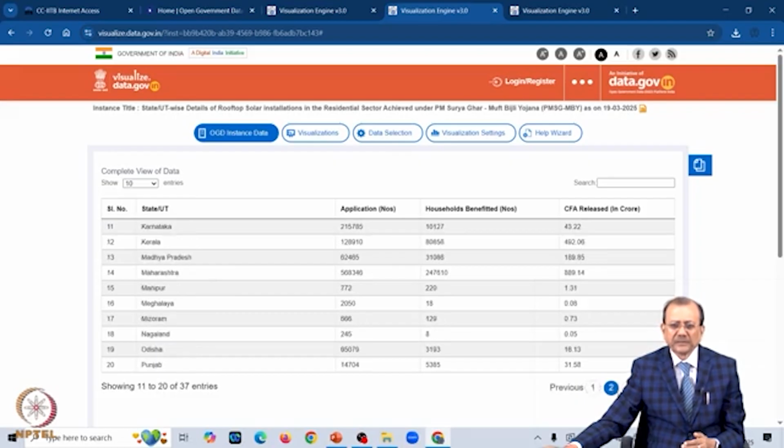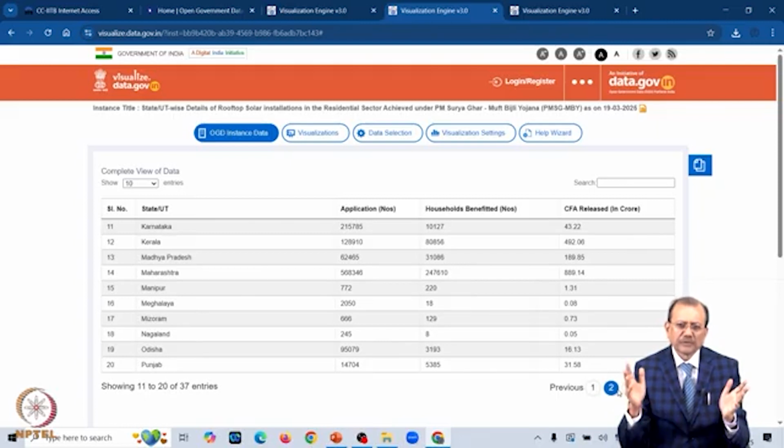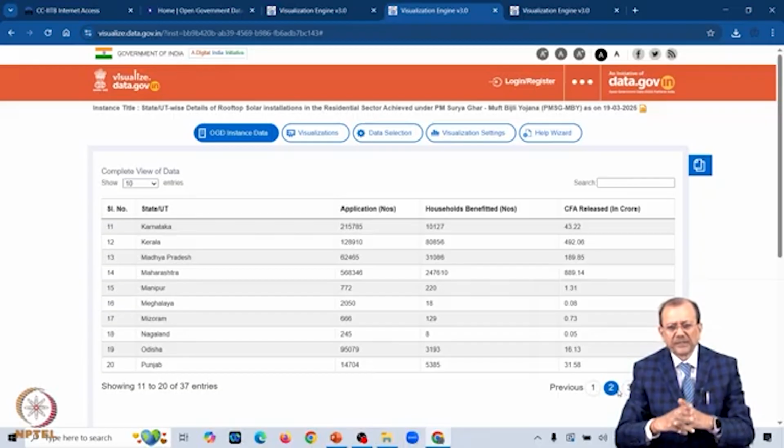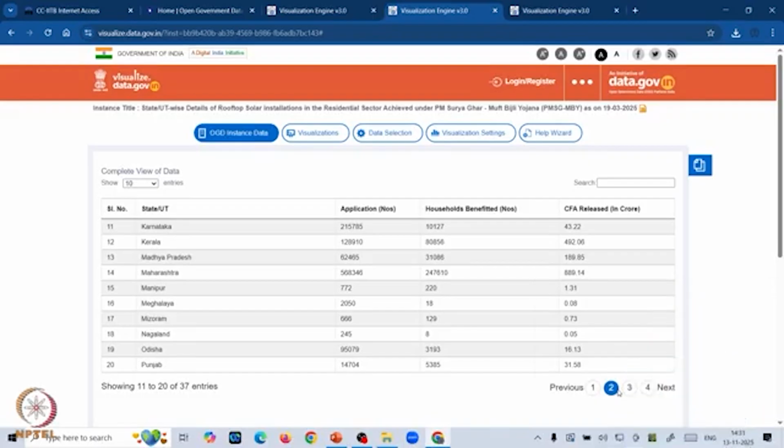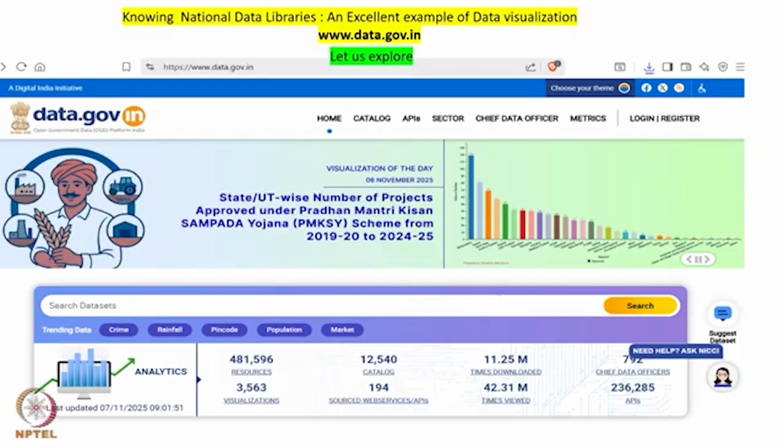So the purpose of showing this website of the Government of India is that this is a single website which is making available all sorts of data, different kinds of data, different kinds of visualization. If you are allowed to download, if you have permission, you can download this data and use it in your work. So coming back to our main presentation now, this is the home page of this Government of India data